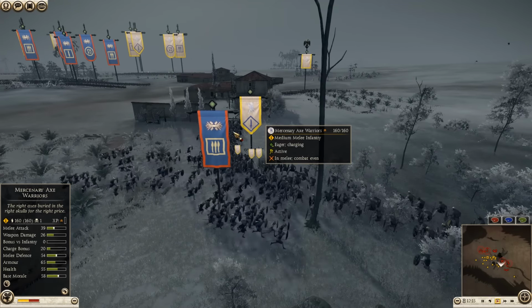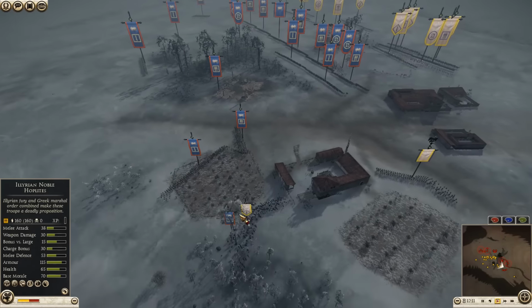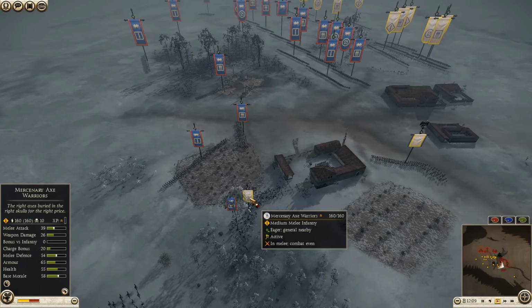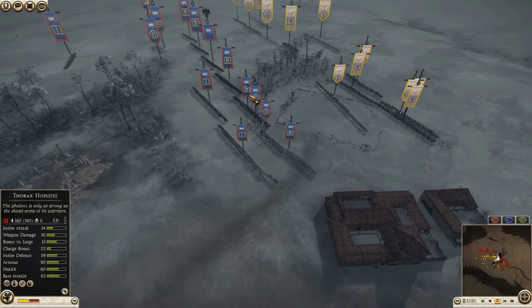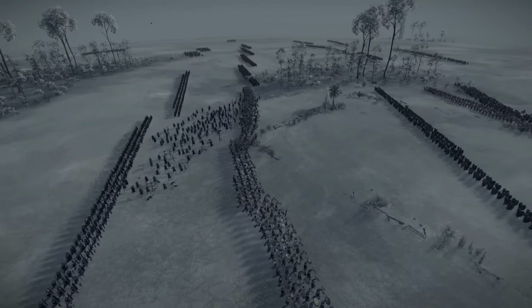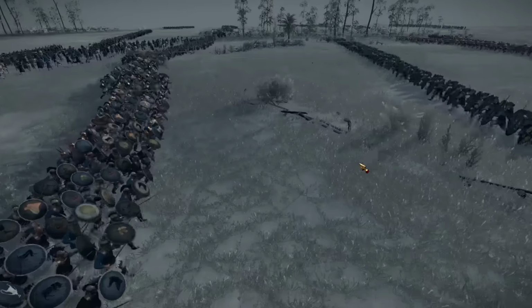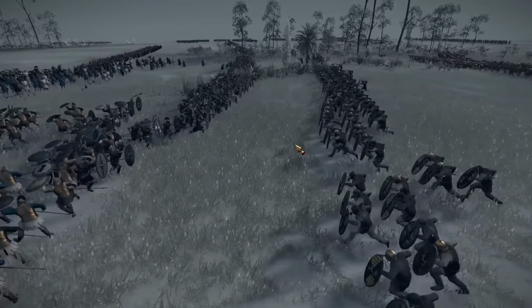Mercenary Axe Warrior is here with a double experience chevron, charging into militia hoplite. It is going to smash through them very, very quickly. Possibly the best unit for the Axe Warriors to take on. The lack of companions in this Syracuse army is very questionable, and I think that's probably going to be the downfall if Syracuse loses this game. Because imagine the amount of damage that...